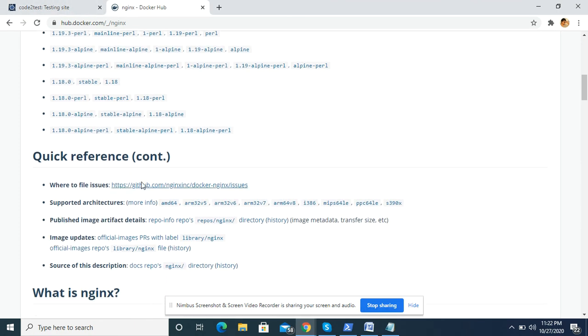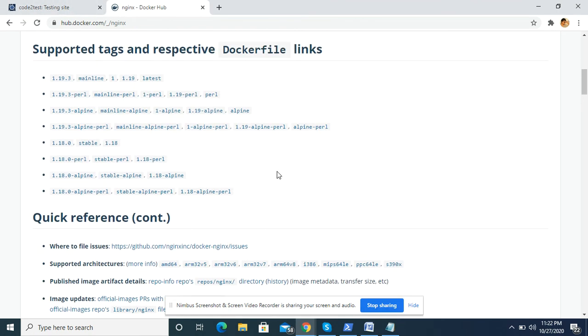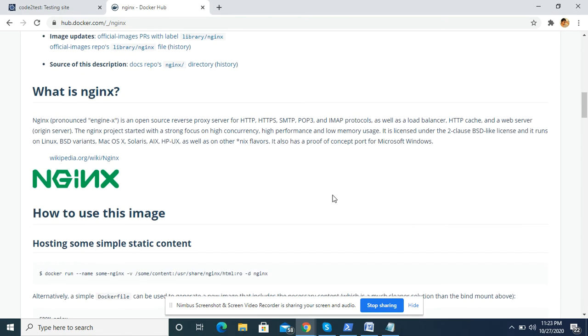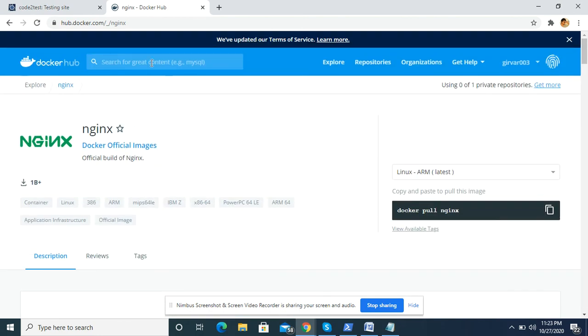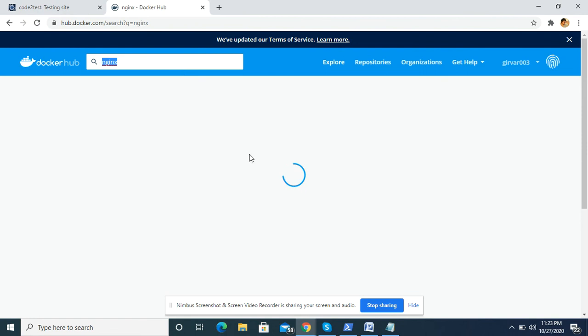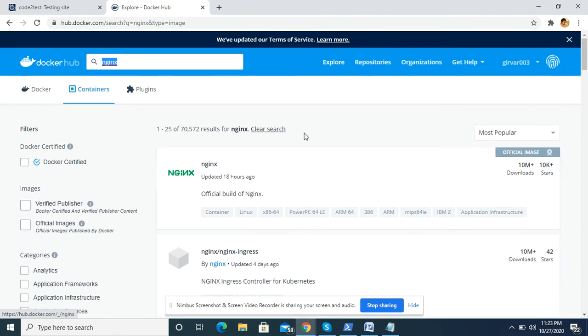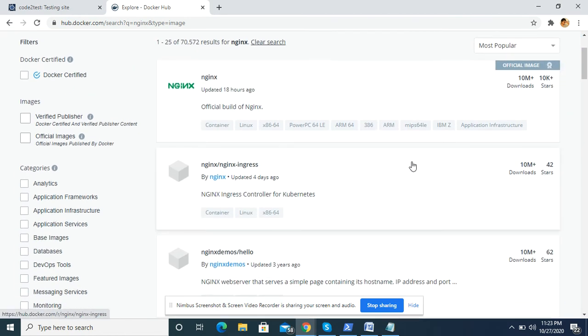There are a lot of pushes going on. We have different versions available over here. When we are searching for particular images, we see a lot of images.